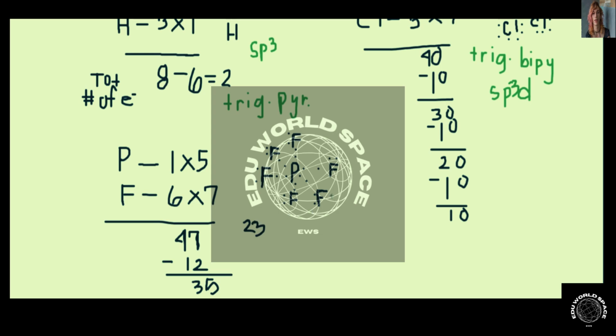So we're going to do 1, 2, 3, 4, 5, 6, 7, 8, 9, 10, 11, 12. So now we're going to subtract 12, and we have 11 left over. So now let's try to distribute our last 11. So we've got 1, 2, 3, 4, 5, 6, 7, 8, 9, 10, and this fluorine is only going to have one less electron